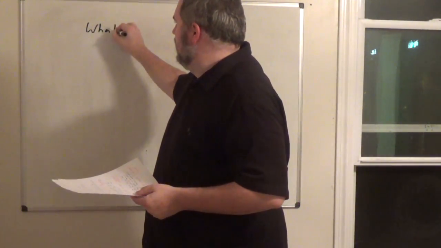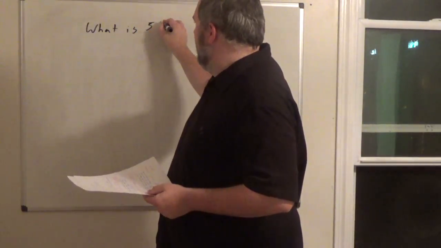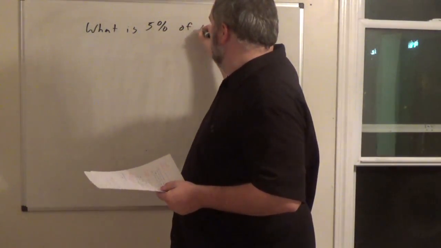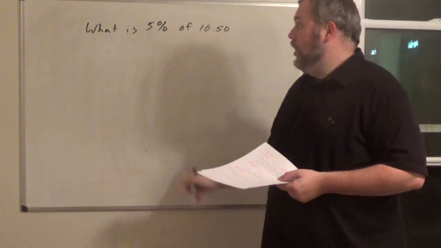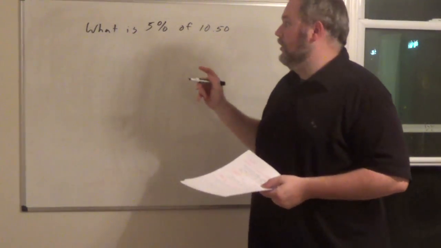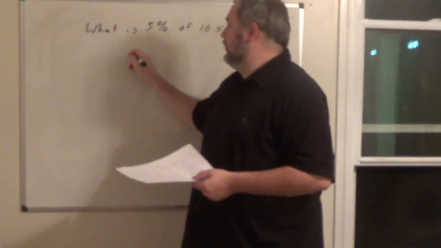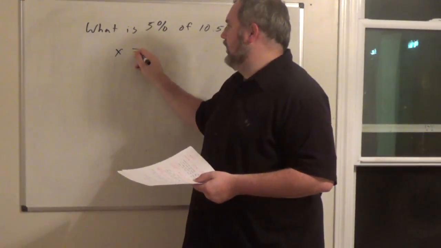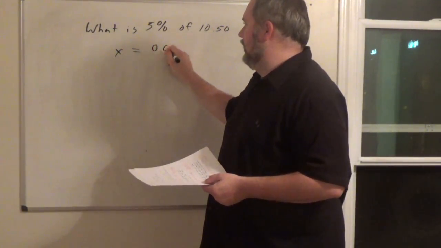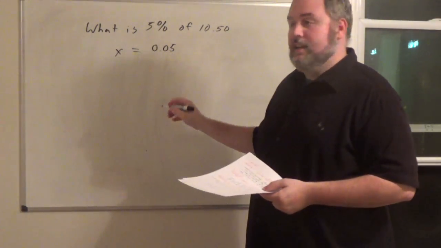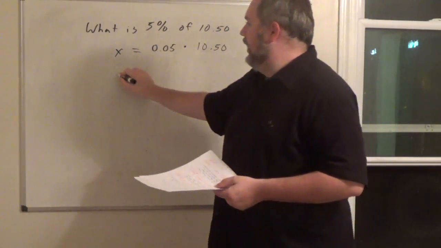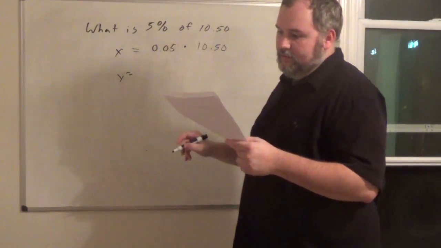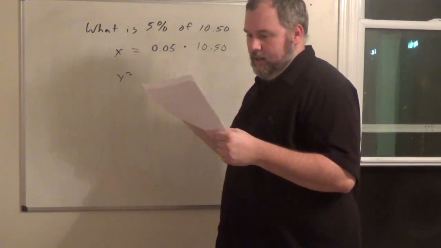This is the first step you're trying to find. What is 5% of $10.50? That's the first thing you're trying to figure out. Well, do you remember how we do this? We don't know what that is, so we can say that's X is 5, we change it to a decimal, times $10.50. We find out, when we work this all the way out, that we get